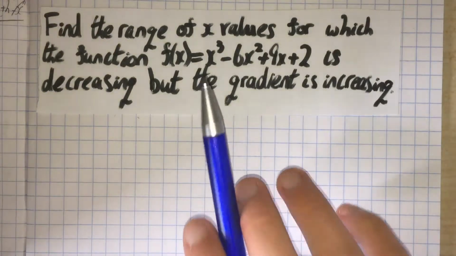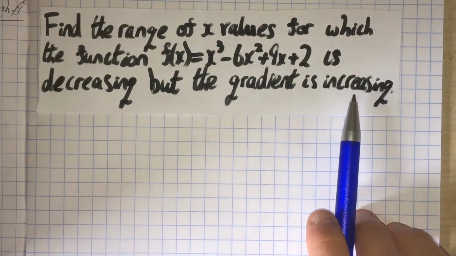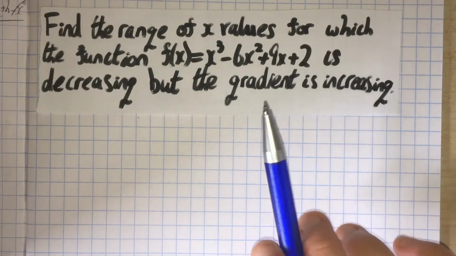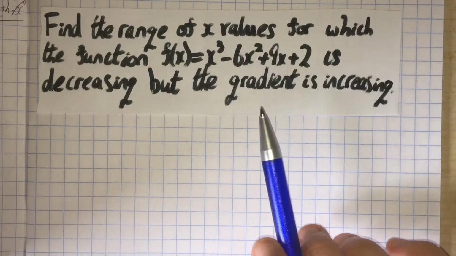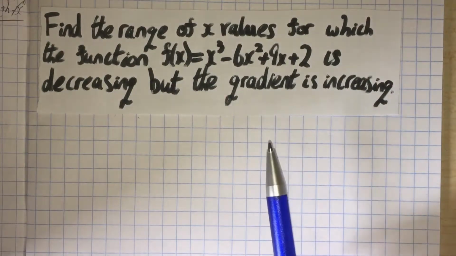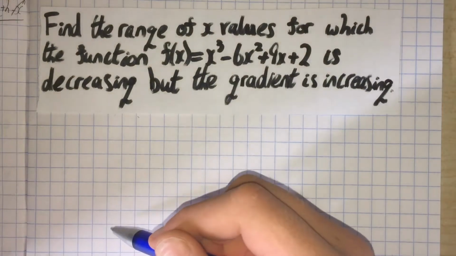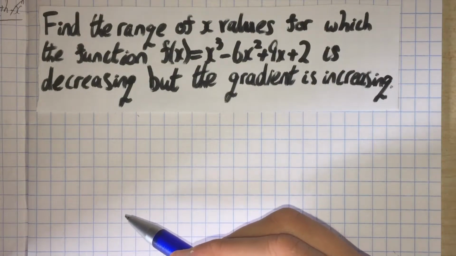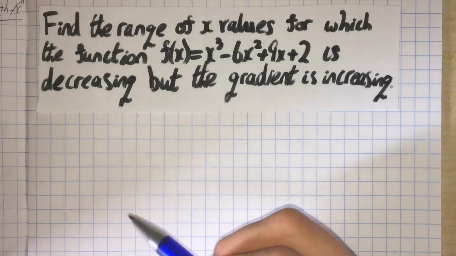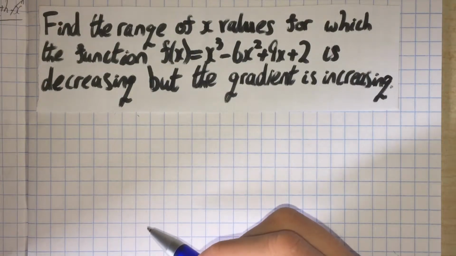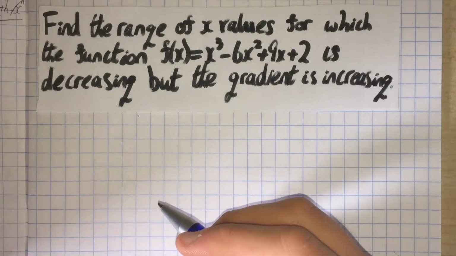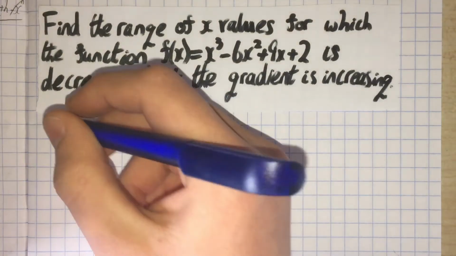But if the gradient is increasing, that will be when f dash dash of x is greater than 0. So hopefully you'll see as I go through it, or vice versa, you may prefer to actually have a crack at this yourself. So please do, if you'd like to. And if not, well, that's jolly good, because I'm about to go through it. Now,